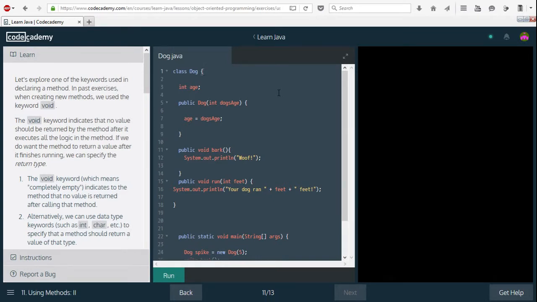So let's get started. Let's explore one of the keywords used when declaring a method. In past exercises, when creating new methods, we used the keyword void. The void keyword indicates that no value should be returned by the method after it executes all the logic in the method. If we do want the method to return a value after it finishes running, we can specify the